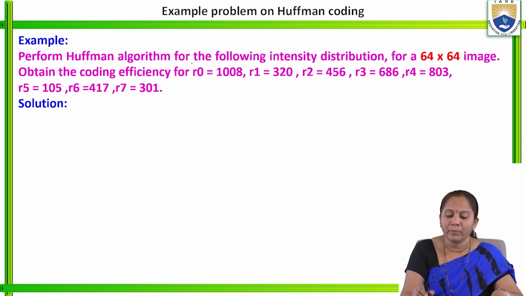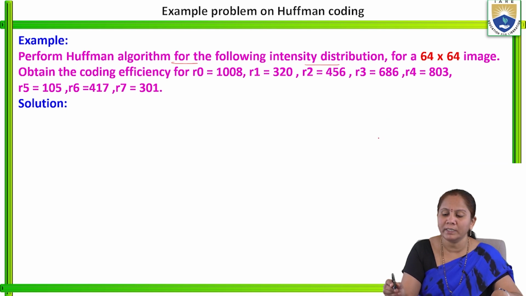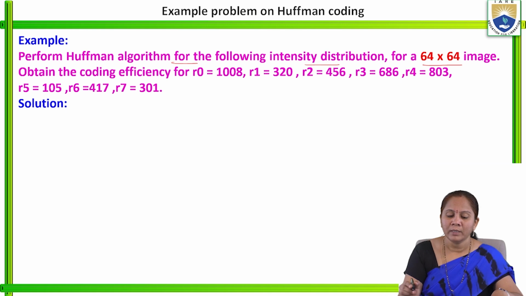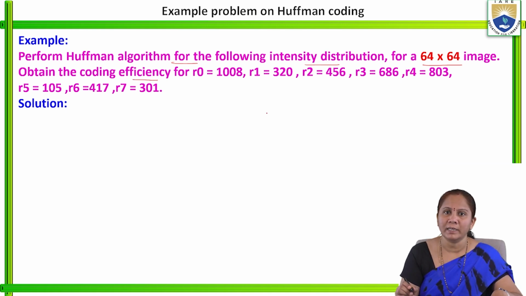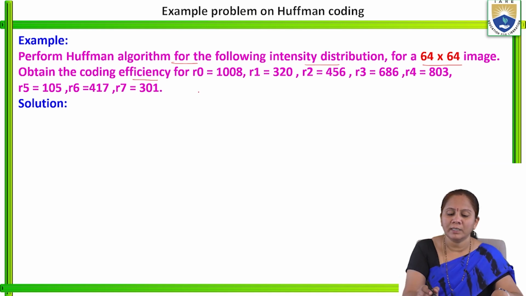So we have to perform Huffman coding by applying the Huffman algorithm for the following intensity distribution. Here the intensity distribution is given, and we are going to consider an image whose size is 64 by 64 and obtain the coding efficiency. That means we have to calculate the efficiency parameter, and for that, different symbols are given,